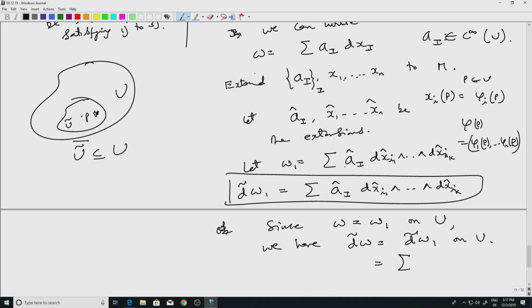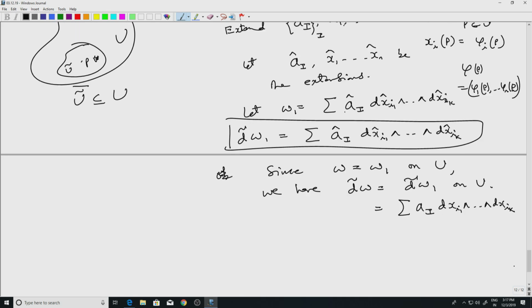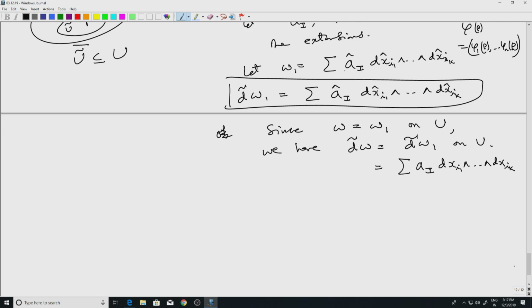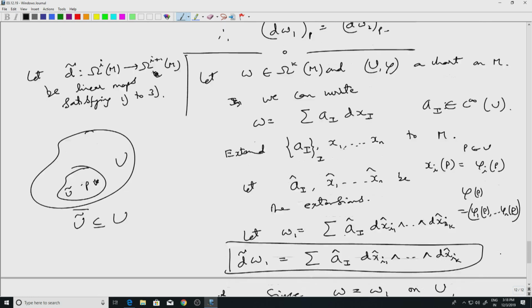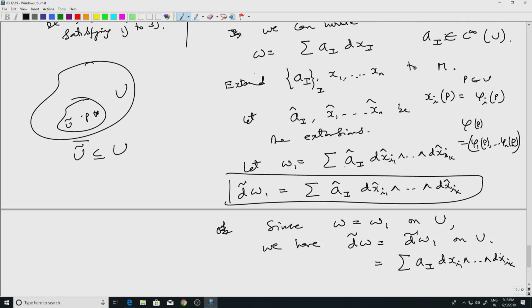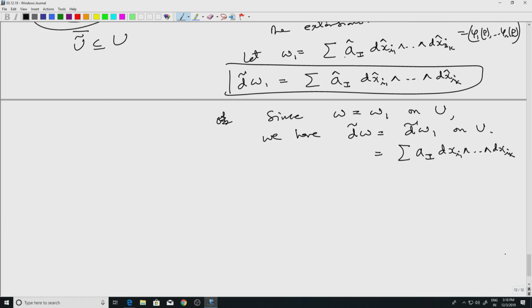So this is just ai dxi1 dxik. And moreover, okay, this is what one gets for d tilde. But our definition of d